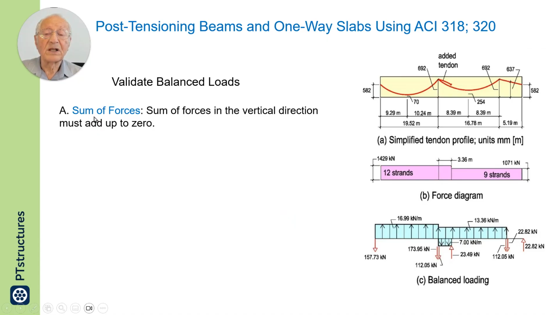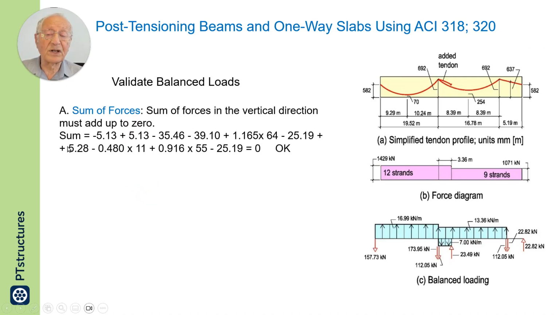The sum of forces must be 0. The balance loads must be in equilibrium. Post-tensioning tendons always apply forces to the member that are in equilibrium, always, in all the cases. So what I do, I add up these up and down forces in this relationship. I sum them up and they add up to be 0. So it is the correct